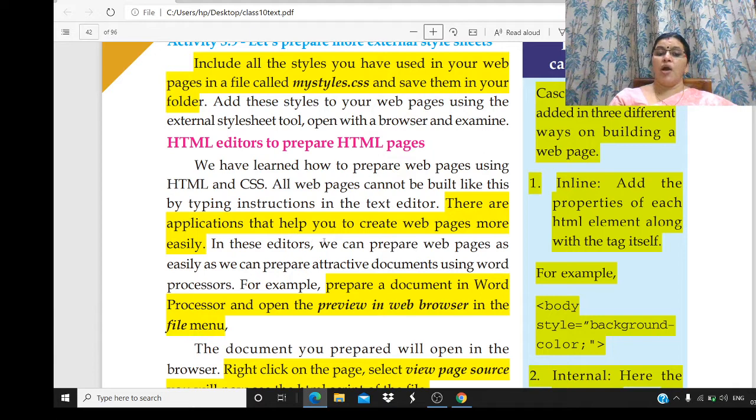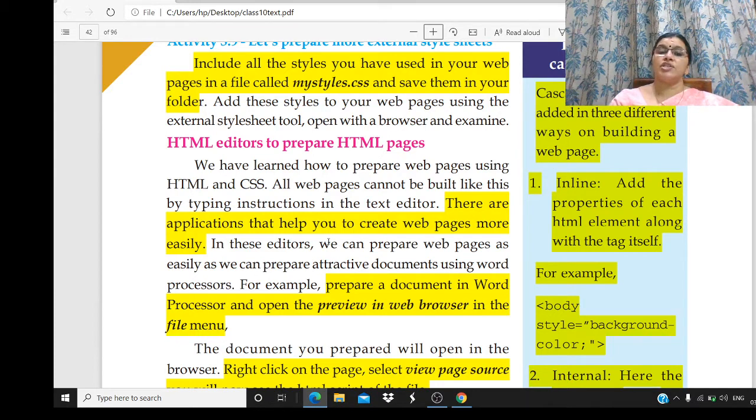That means how we prepare a word file. Okay, word file color മാറ്റുന്നത് എങ്ങനെയാണ്? Do you want to write a code? No. By clicking on a button, you can change the color. By clicking on a button, you can change the font size. Isn't it very easy to do? By a click, you can change.